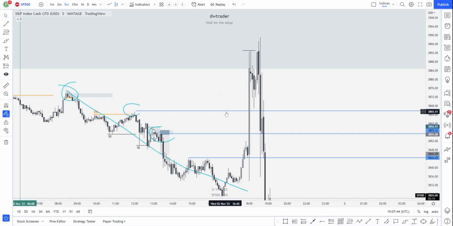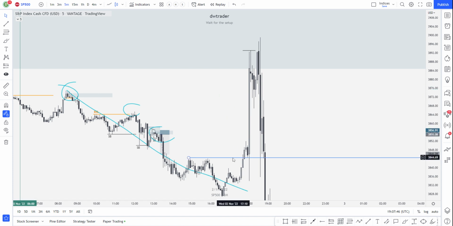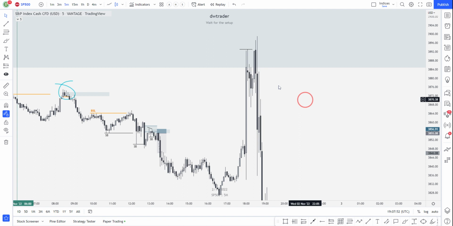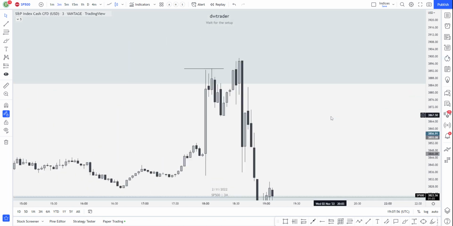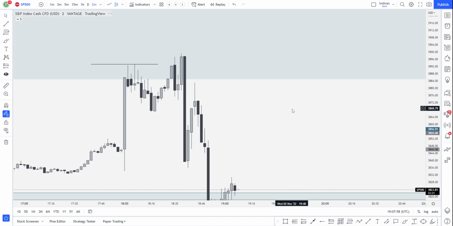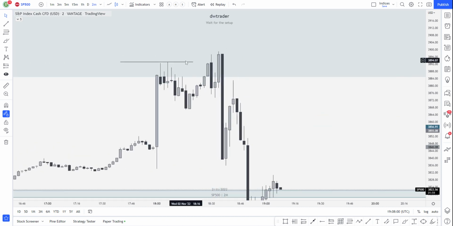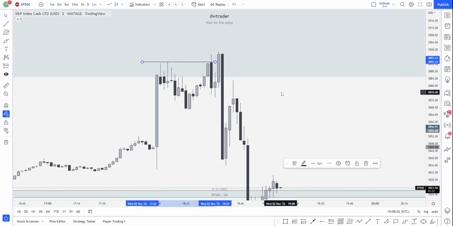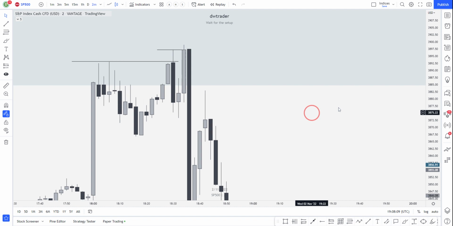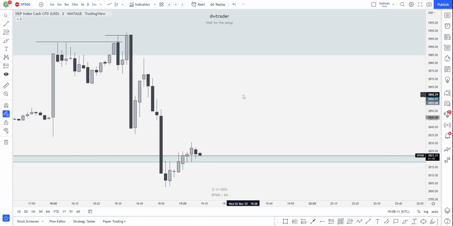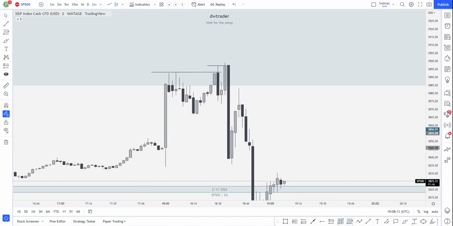If we just quickly delete this, like so. Let's have a quick look then at the 3 minute time frame. Sorry, 2 minutes shows it the best. So we see relatively equal highs. Price takes it out, makes a high, and then kind of does the same thing again, just to make sure everything is clean and clear. And then we have a massive structure break towards downside,